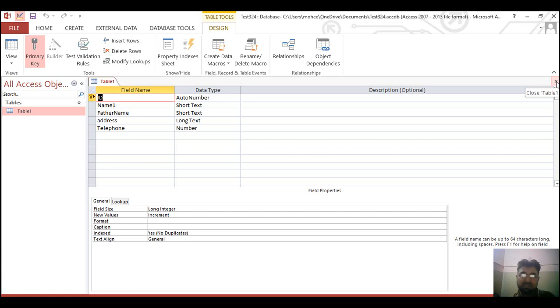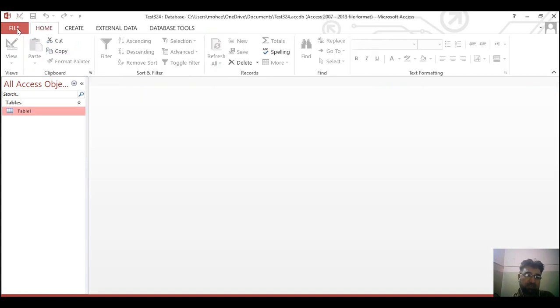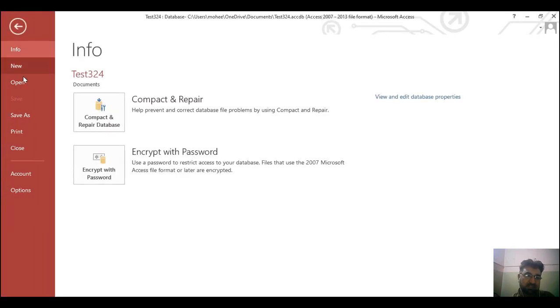We can design them in design view, and then we can run them in data sheet view. These were the important things, I think, which I needed to show you.